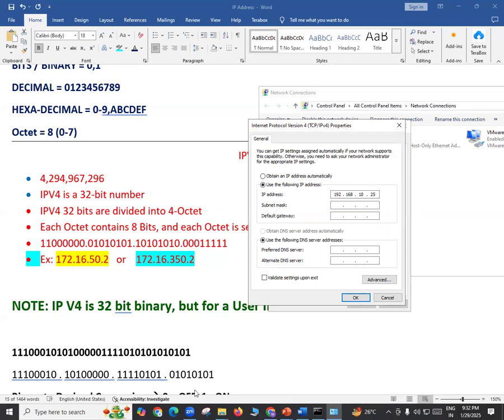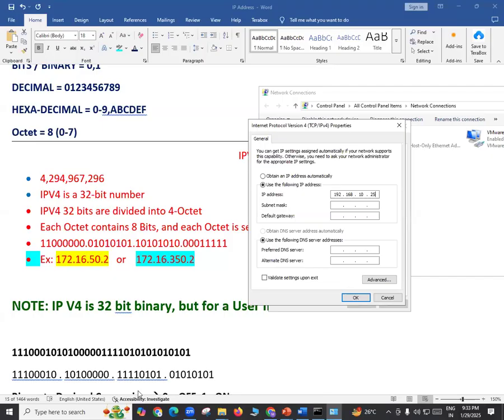But you know, when we started our session, what did we say, remember? We said the IP address is in binary language. 192, is it binary? No. 168, is it binary? 10, is it binary? No. No octet is in binary. So what is the concept here? For a computer, for a machine, everything is binary. But for a user, it is presented in some other form. The IP address is in binary, but it is presented in decimal form because we are more comfortable with decimals. 192.168.10.25, we are more comfortable with this number. We are used to decimal numbers, so they present it in decimal form.